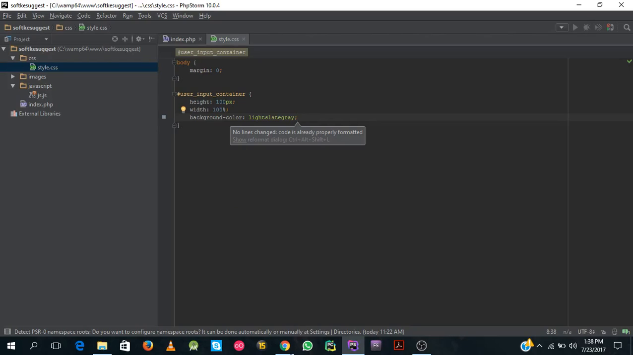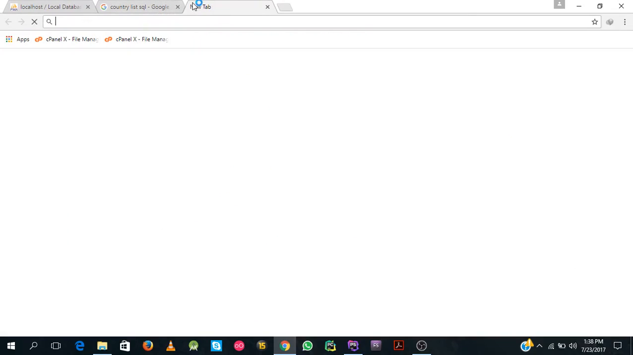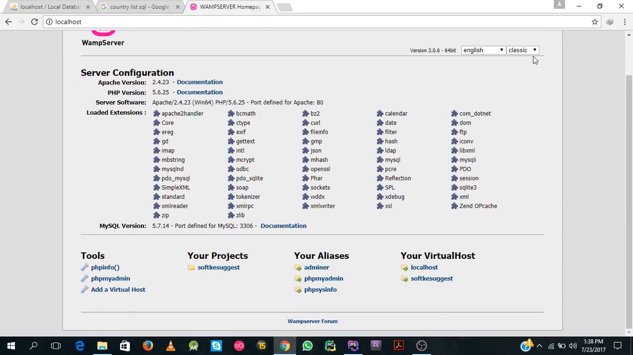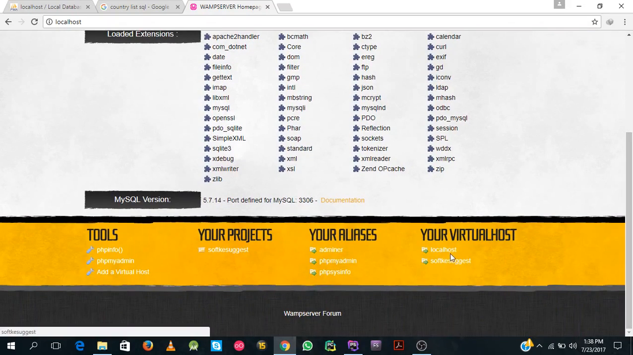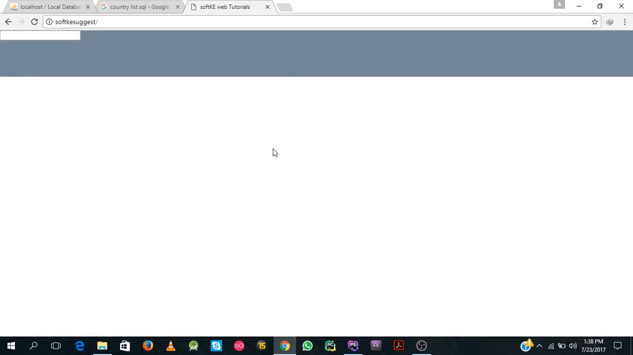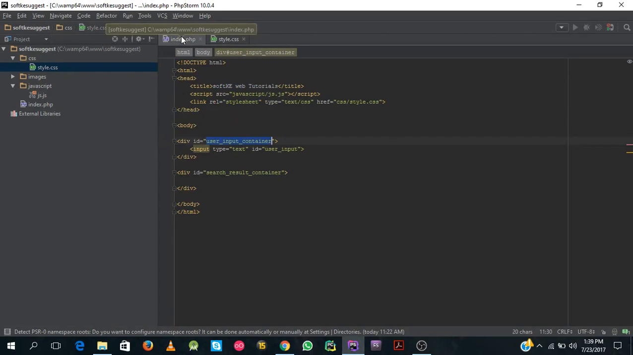Now I'll jump right to my project and see how it appears on the browser. So I'm going to go to localhost and then click on my project. Let me just change this to modern style. My project is KE suggest, so I'll click on that. As you can see, we have our division here and then our input field here, but it is not styled as we want. So I'm going to style that input field very quickly so that it is centered,